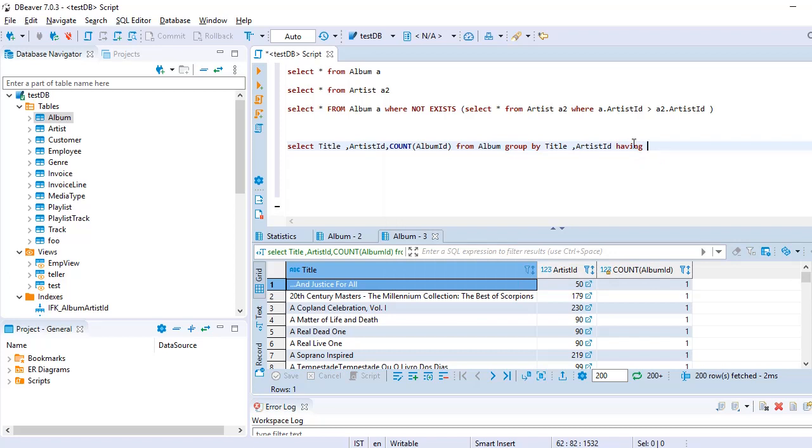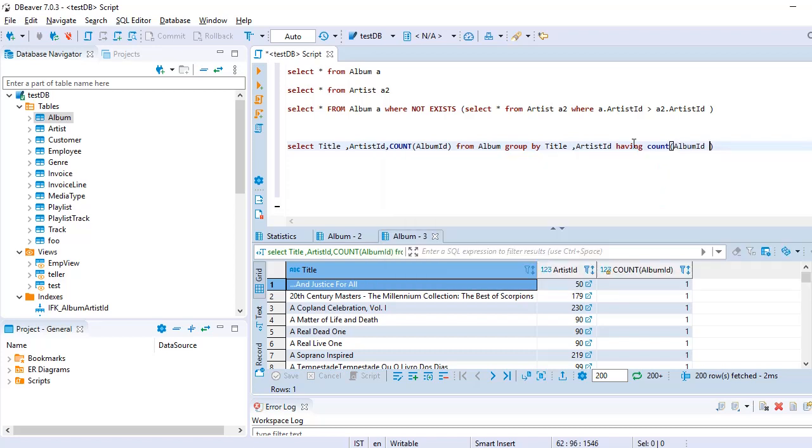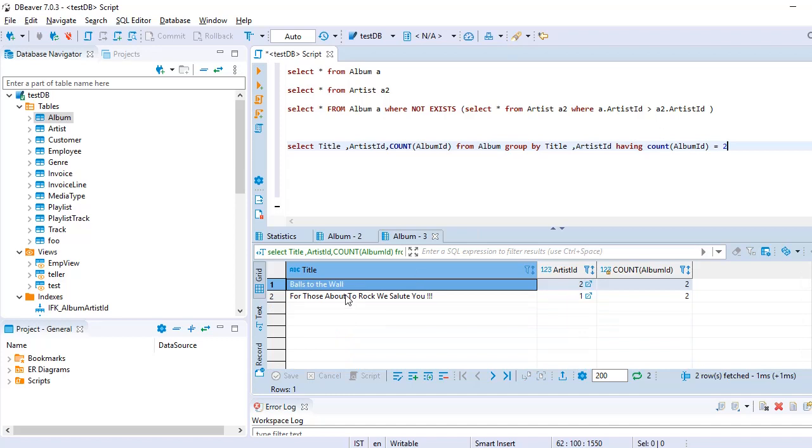Okay, so having the count asterisk, the count album ID greater than or equal to 2. Okay, so I have seen the combination of balls to the wall and artist ID 2 is getting repeated twice, and the combination for those about to rock title and the artist ID 1 is getting repeated twice. So that's how we can use group by in SQL.